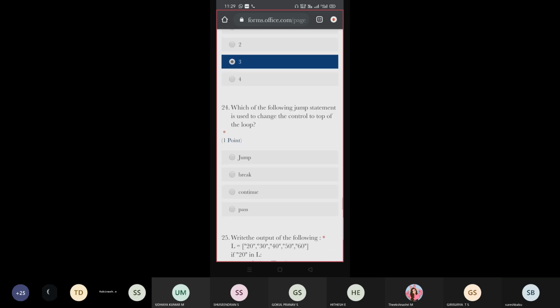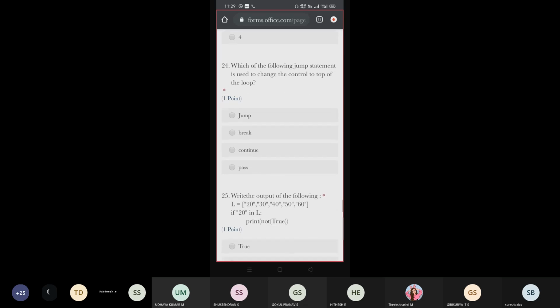Then which of the following jump statements is used to change the control to the top of the loop? To stop means that is a break. To change the control to the top of the loop means continue. Continue means it will change control to the top of the loop, that is the next iteration.